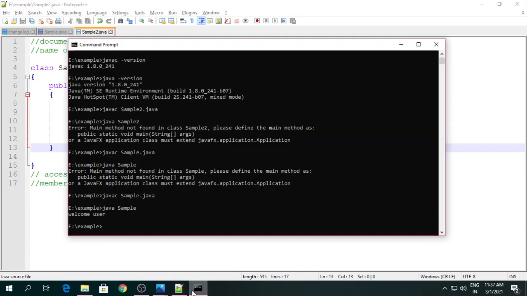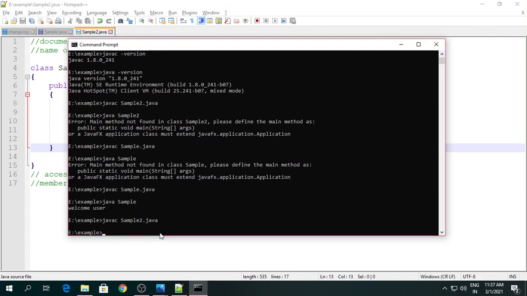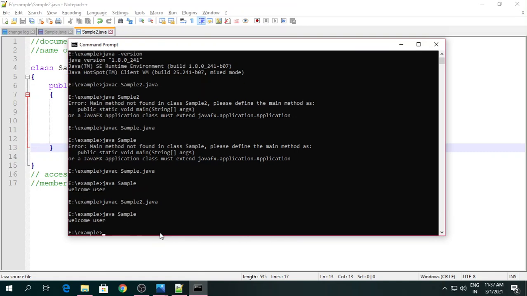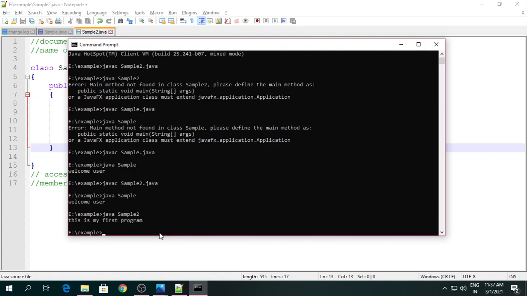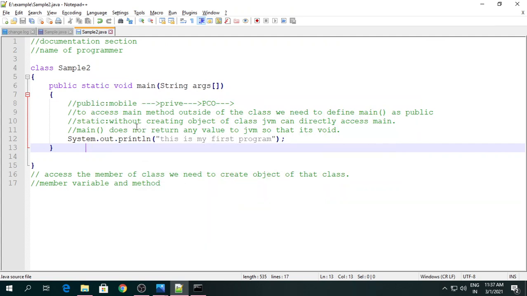Go to the command prompt. Your file is javac Sample2.java. The source code is successfully compiled. Now how to run this code? We need the command java Sample2. So, this is my first program. You got the output. Now let me explain the meaning of